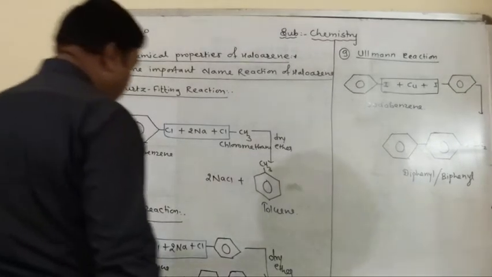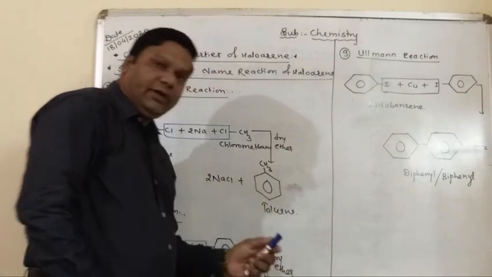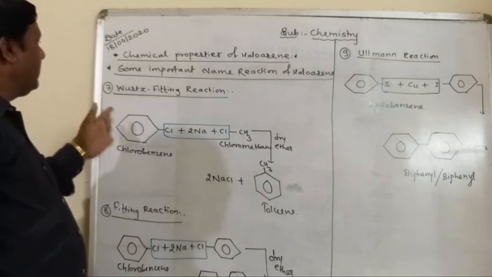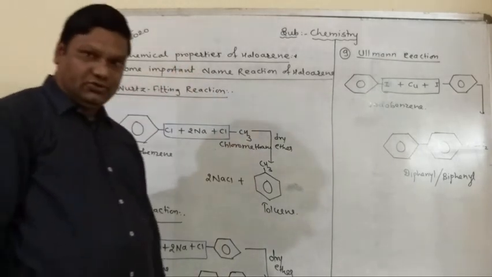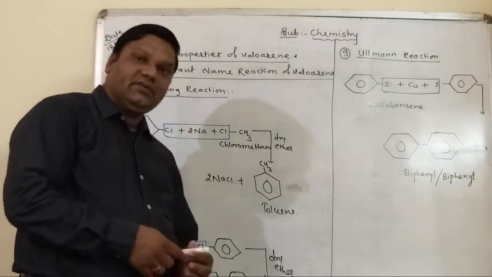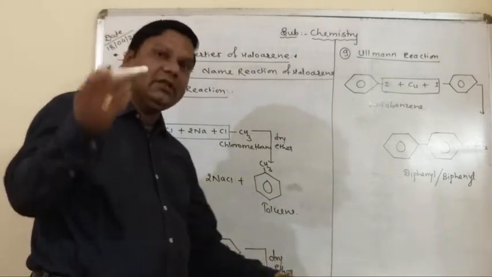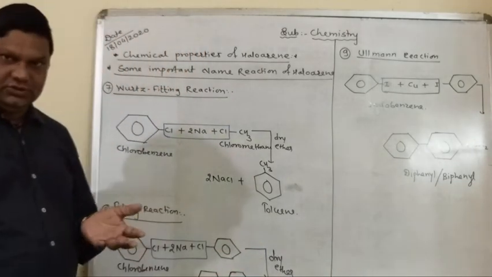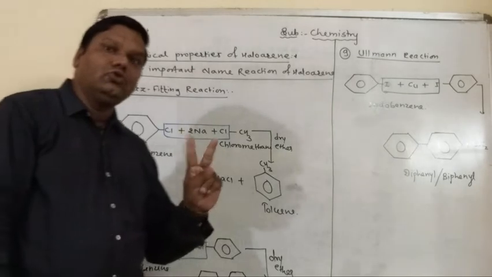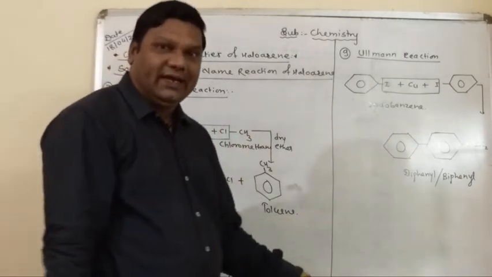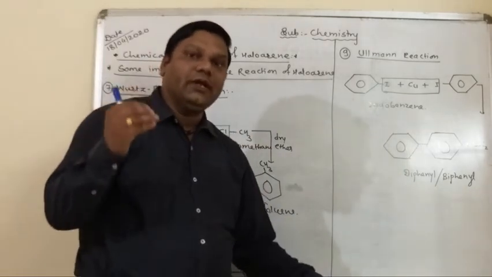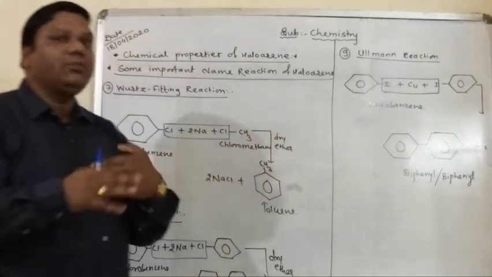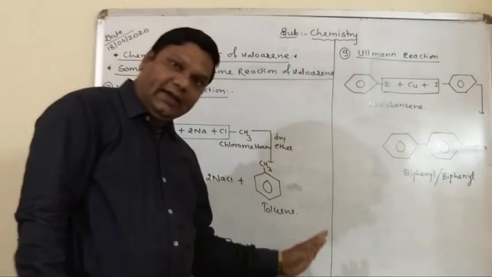Okay, now some important name reactions of the haloarenes. Just before that we said there are 6 total reactions, and after that number 7, but it is a name reaction. Already in the previous lesson, in the chemical properties of haloalkanes, we discussed the Wurtz reaction. In the Wurtz reaction, 2 similar molecules of alkyl halide react with sodium metal in the presence of dry ether to get the higher alkane